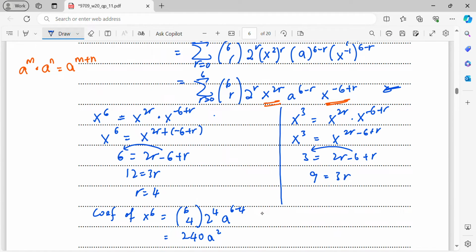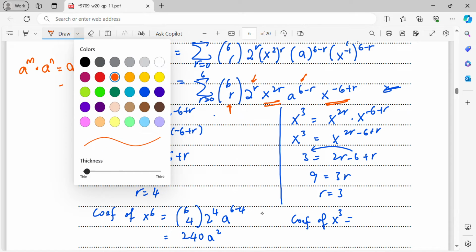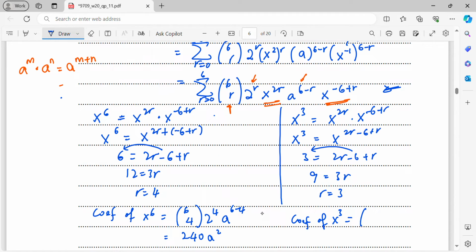It will be 3r, therefore my r is 3. So the coefficient of x cubed is when r equals to 3. Just substitute back into all these terms. Alright, so from here you will get 6c3, 2 to the power 3, a to the power 6 minus 3. So 6c3 is 20. 20 times 8, it will be 160